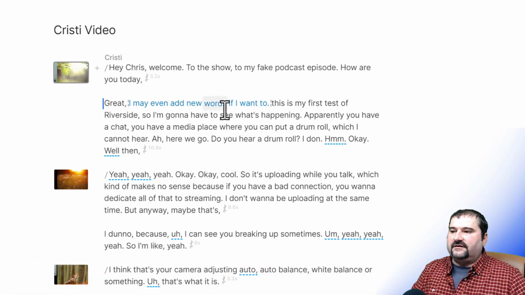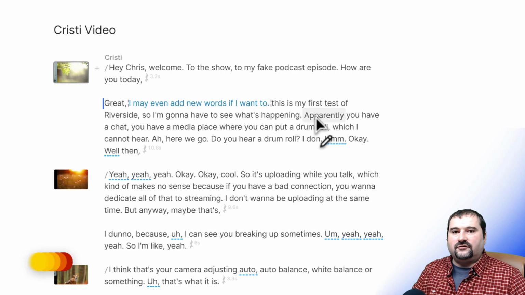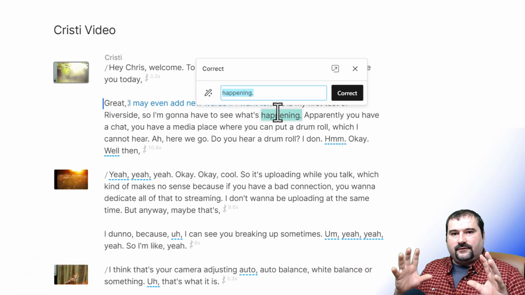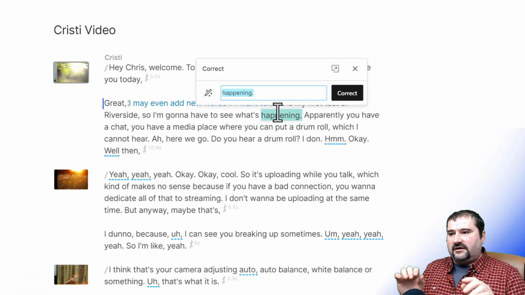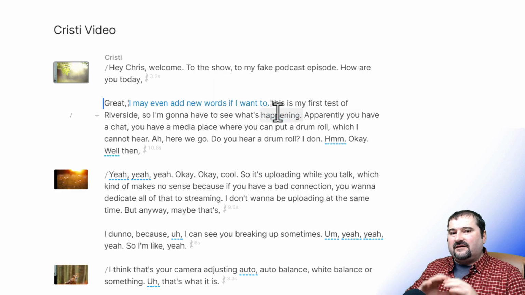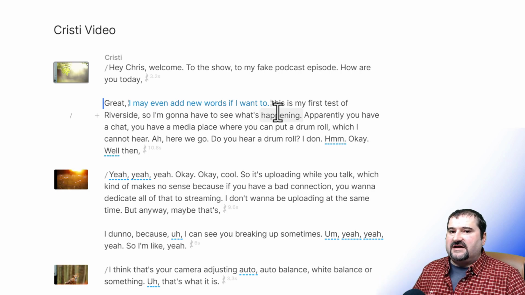And then also the C key switches you to the correct mode, and that still allows you, if you hold it down, it doesn't matter if you hold it down or just press it once, still allows you to click a word you want to correct. Click the word, and up goes the correction dialog. You make your change and press enter to accept it. So that's kind of the major keyboard shortcut changes. Most of the keys have changed, really. I think most of them have now been assigned to something else.